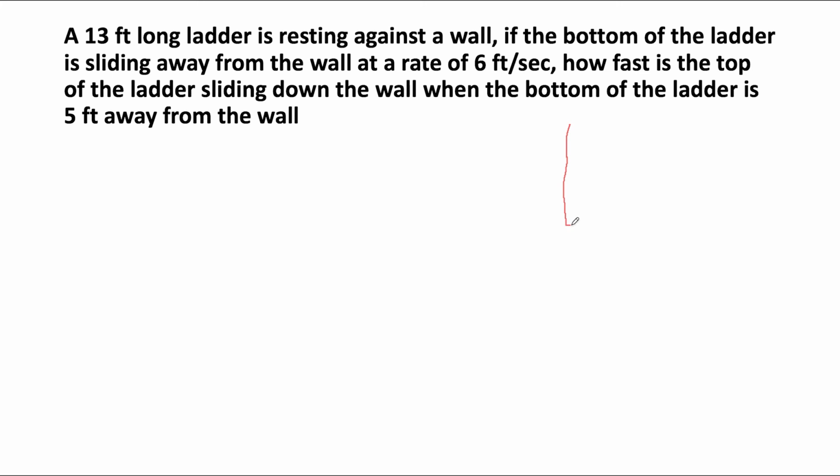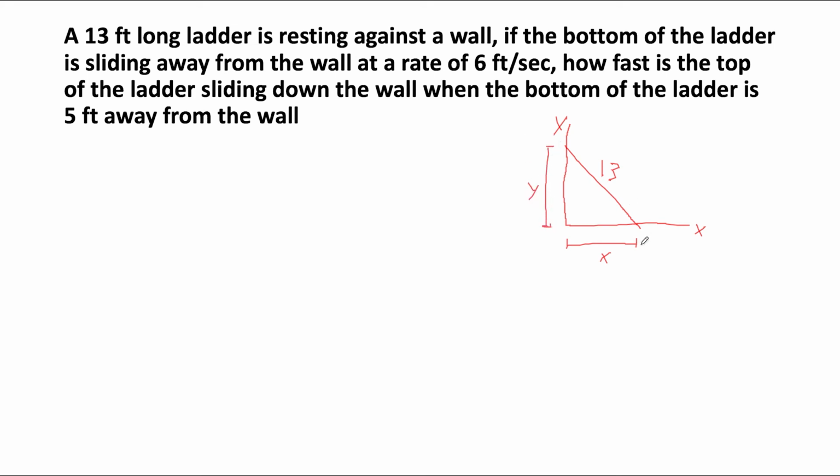So here we have our wall and the ground and our ladder, which we know is going to be a constant 13 feet. That will not change. That's not one of the variables. But what can change is the distance between the wall and the ladder and the distance above the ground that the ladder is. So I'm going to call the ground the x-axis and the wall the y-axis, and then call this distance right here x, and call this distance